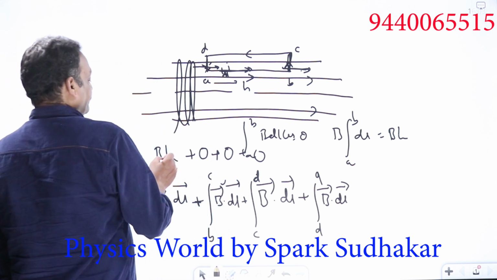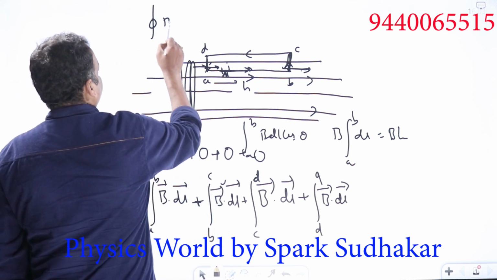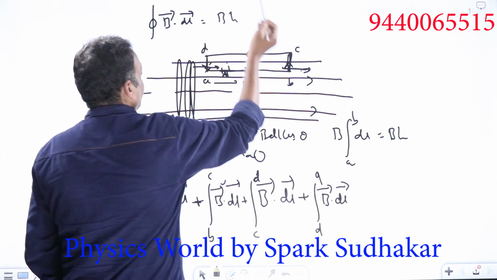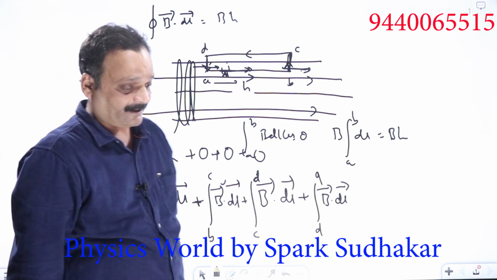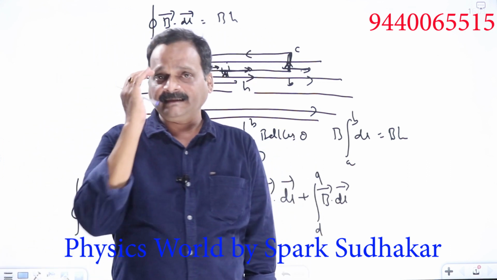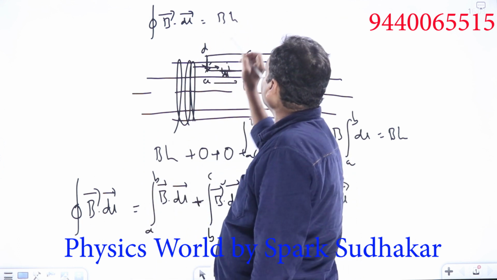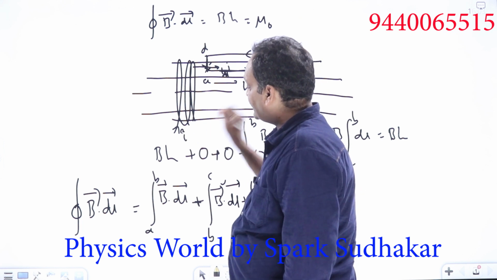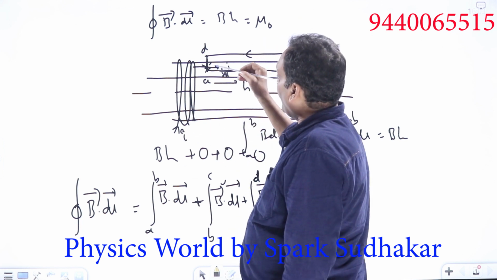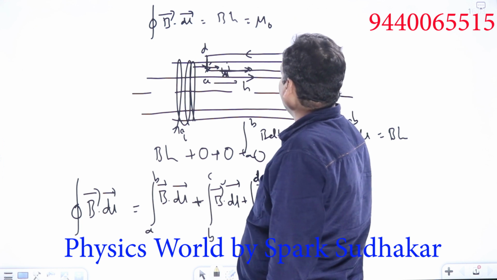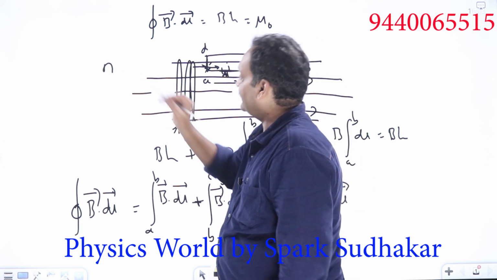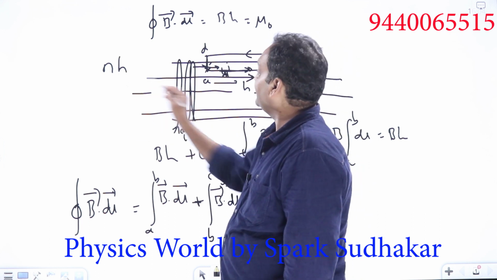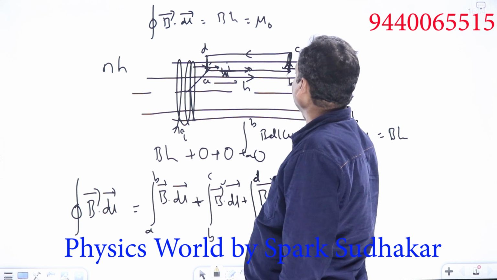So the circular integral B bar dot dl bar is simply giving me B into h. Now what is Ampere's law saying? Circuital law says that it is equal to mu naught times the net current I enclosed by the path. What is that net current enclosed by the path? Mu naught into the current in each turn, say I in every turn. How many turns are there between A and B? The number of turns per unit length, n, into the length from A to B, which is h. This many turns are there between this point A and this point B.